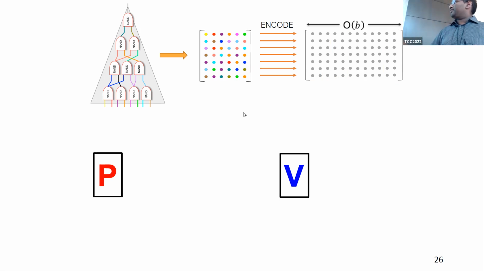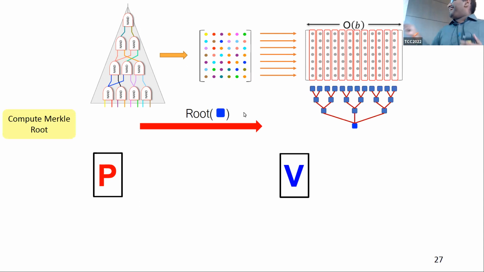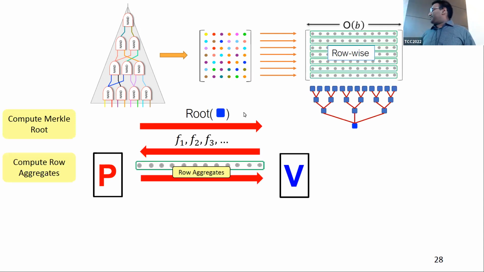The first phase is computing the Merkle tree, wherein first the proof oracle, which is generated by encoding the extended witness, you commit to it using a Merkle tree. The second phase is you generate a row aggregate. In this step, the verifier sends some challenges, and the prover using these challenges will generate a row aggregate, which is by taking a function of these challenges and the proof oracle and combining them together.